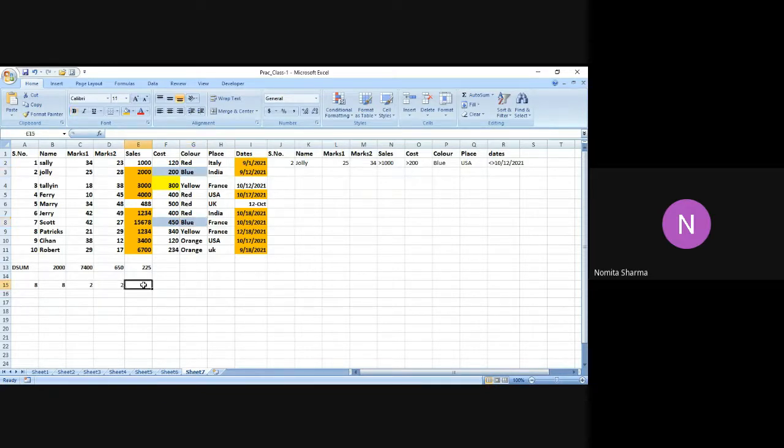So let me do one more thing. Let me try for the dates, DCOUNTA bracket, and I want to give a date this time. So let me try what answer it gives me. Dates.